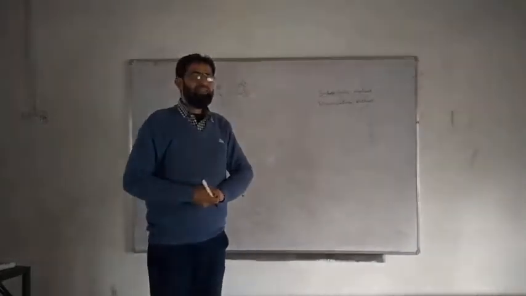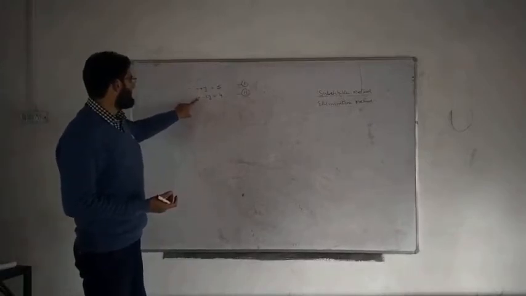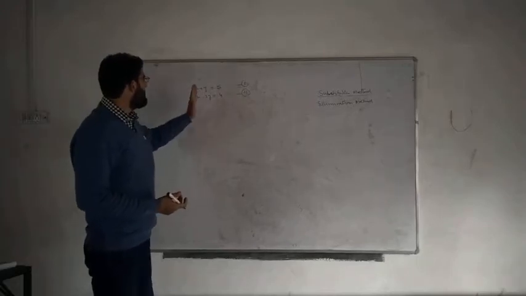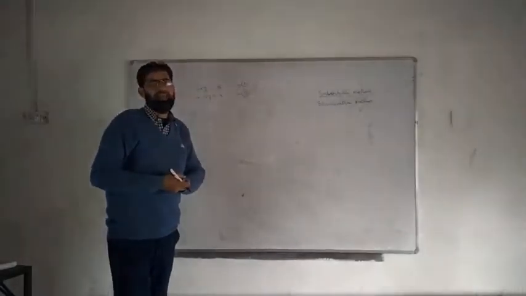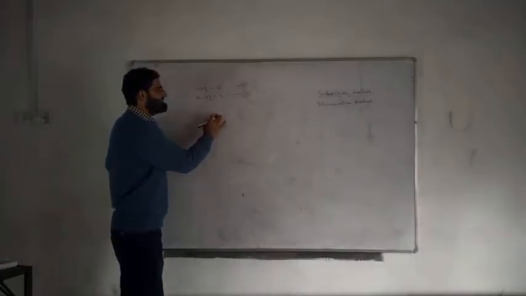Now today, what is the elimination method? Elimination, we have to eliminate. Elimination means we have to eliminate one quantity by making their coefficients the same. Suppose x, here it is 2x and here it is x. Now we have to make their coefficients the same so that we can eliminate them. This is a very simple method in comparison with the substitution method, which is a bit difficult, but this elimination method is very simple. We can write this x plus y is equal to 5.